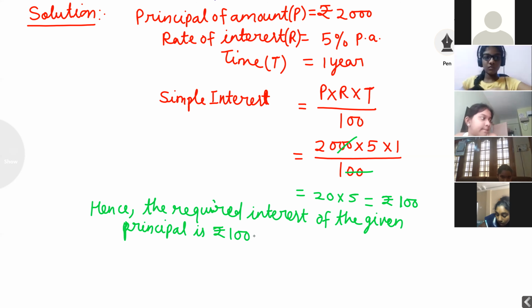Students, are you understanding this point? Whatever I have explained in the first and last line means Mr. Kumar has taken 2000 rupees from the bank. He wants to pay within 1 year, means after one year, how much amount does he want to pay? 2000 rupees plus 100 rupees, 2100 rupees total amount he will pay to the bank.